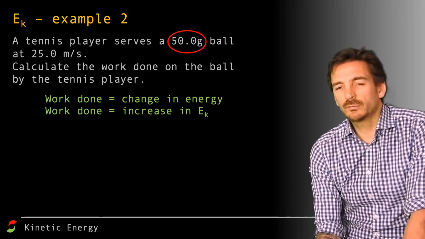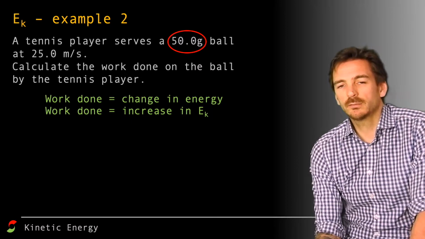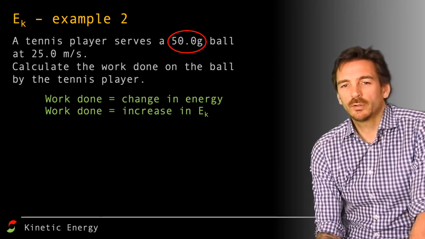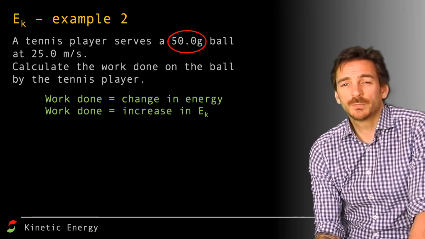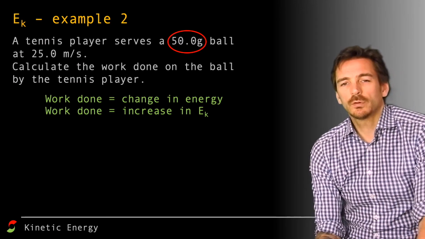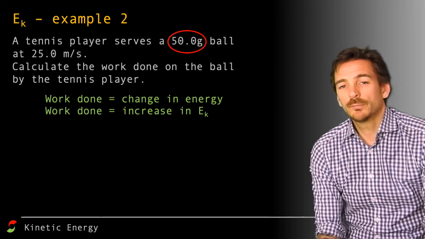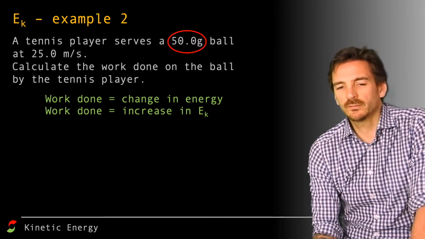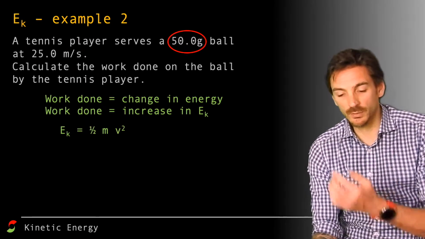So doing a mental check just before we go straight into doing any calculations, that mental check shows us that we've got 50 grams. So we need to be very, very careful and wondering whether that's an appropriate unit to use in this equation, which of course it isn't. So we write our equation down,